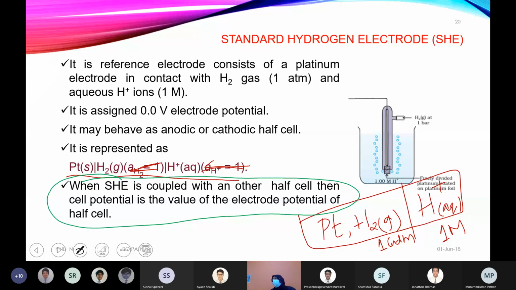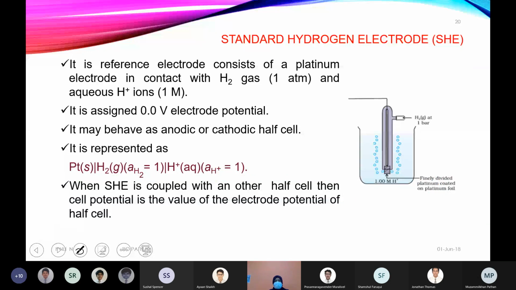So like that, you can calculate the electrode potential of every half cell by connecting it with SHE, and you will get a complete chart of electrode potentials measured in this way. You cannot simply measure the electrode potential of a half cell. For that you need to connect it with something else. That something else is SHE, which is standardized, and we take it as 0.0 volt. So when you connect a half cell with SHE, whatever cell potential is shown will be the potential of that half cell you have taken. That is how it works.